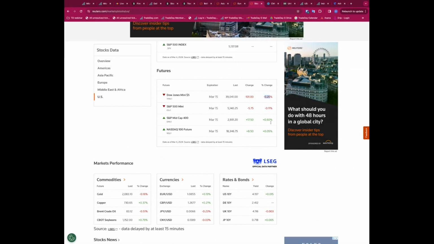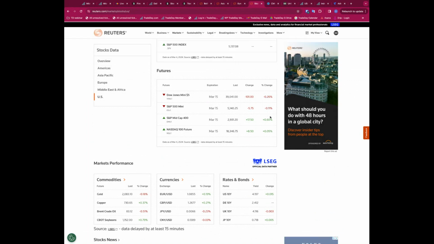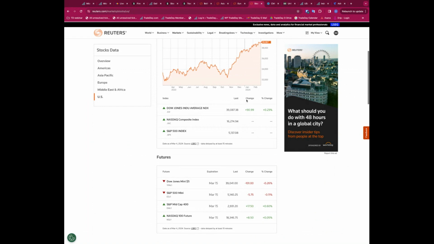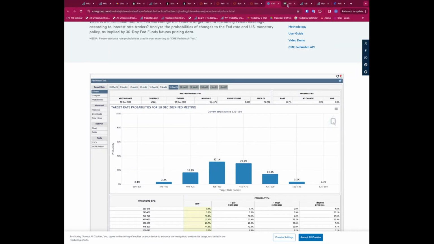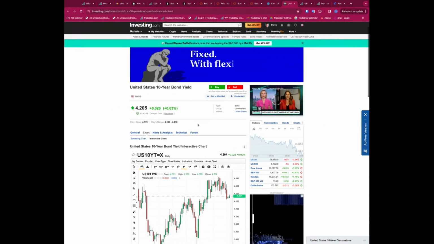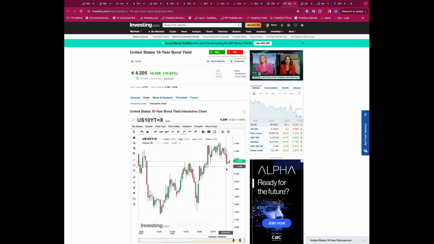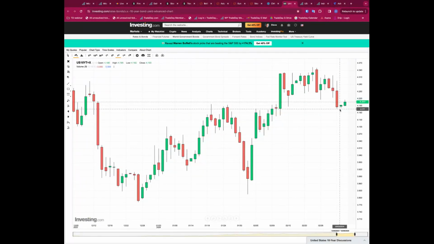Dow Jones actually down 0.25%, but very little change in here on the S&P and the NASDAQ so far today. We've already spoken about the Fed Watch tool. Let's take a look at the yields. And you see yields on Friday pushed significantly down. That should be supportive of stock indices generally, particularly the NASDAQ. Remember, NASDAQ growth stocks are more sensitive to interest rate changes. So lower long-term interest rates are positive.